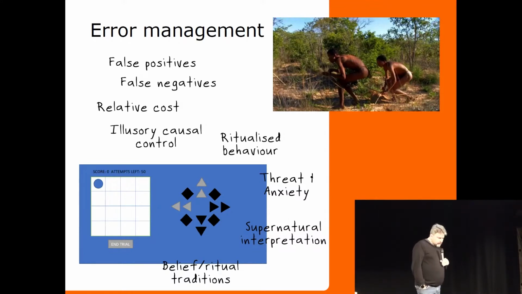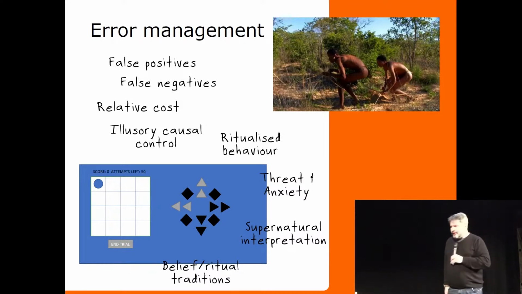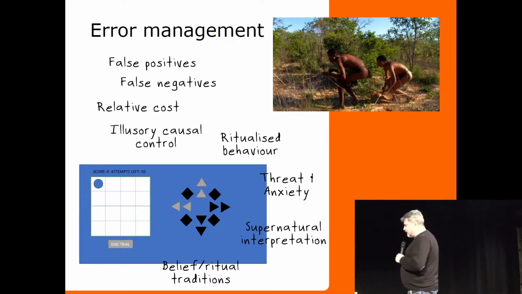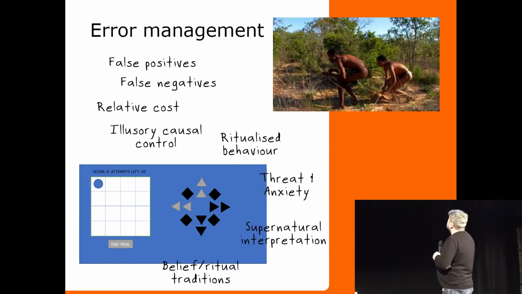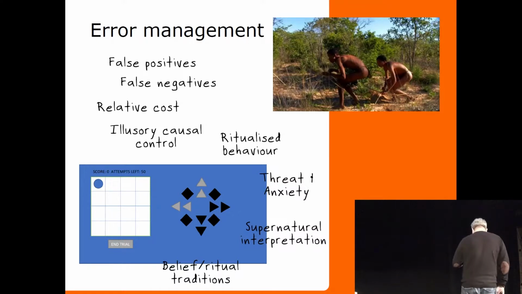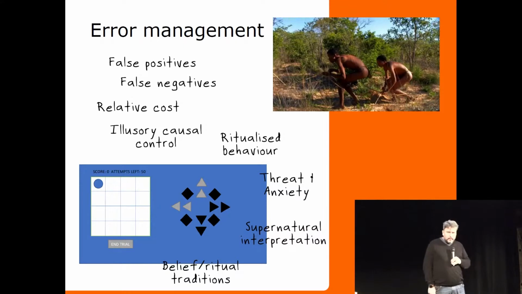So the point that Haselton and Buss make is that there will be a natural tendency to try and avoid the more costly mistakes, right? So in this case, to avoid the false negatives, right? Now, this is also connected to what's known as illusory causal control. In other words, situations where we think we can gain control, where in fact there is no possibility of gaining control. And this is tied to this methodology that I've just put up on